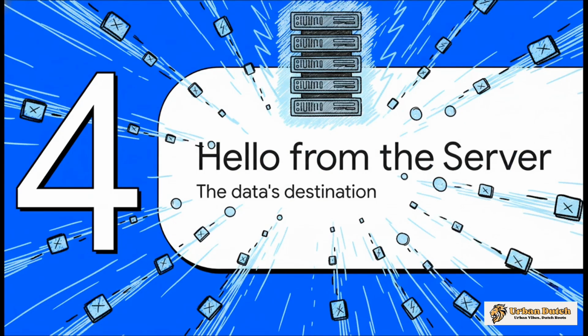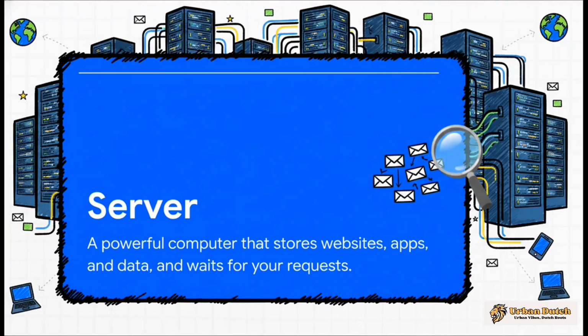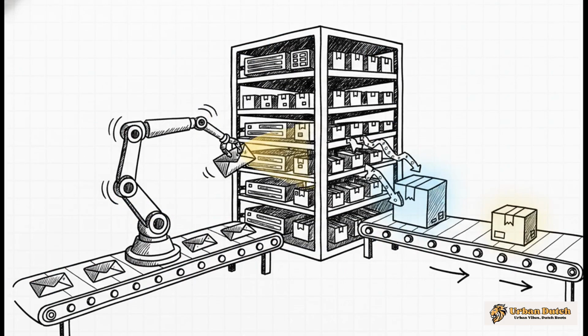So, all these tiny, racing packets, they all have one destination in mind, and that's a special, super powerful computer we call a server. So what's a server? Just think of it as the giant warehouse at the end of the journey. It's this powerful, specialized computer, often just one of thousands packed into a huge data center, and its entire job, 24/7, is to store websites and data, just waiting for requests like yours to show up. So back to our analogy, the server is like a super efficient, robotic warehouse worker. As your packets start arriving, it instantly figures out what you're asking for, finds the exact data you want, and gets it all ready for the trip back to you.